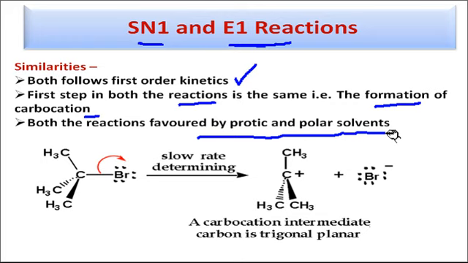Why? Because the operating conditions for both of these reactions are very similar. Both of these reactions follow the first order kinetics and the first step is the same in both reactions. What is the first step here? The first step is the generation of the carbocation intermediate. So the first step is the same for both of these reactions, for the SN1 reaction and the E1 reaction. In the presence of the base, the first step is the formation of the carbocation from the tertiary halides. So in this case, generation of the carbocation is the same step.